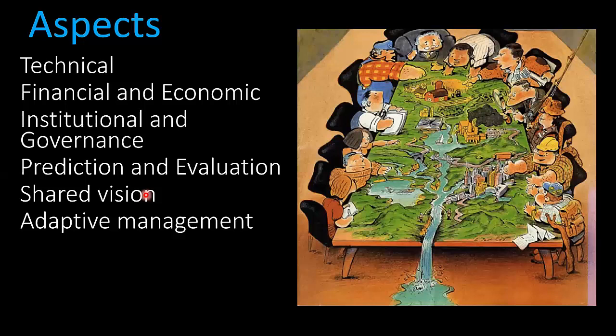So some of the aspects. The technical aspects: something that I've been seeing here is that it may include people from different disciplines, and you want to have the right expertise. So what you're seeing here is different stakeholders discussing how to do water resources management. All of them have to speak the same language. And even though all of us speak English, one of the things that has to happen here is,